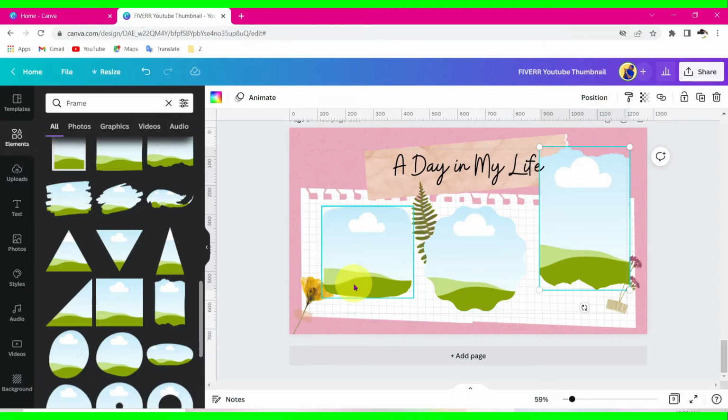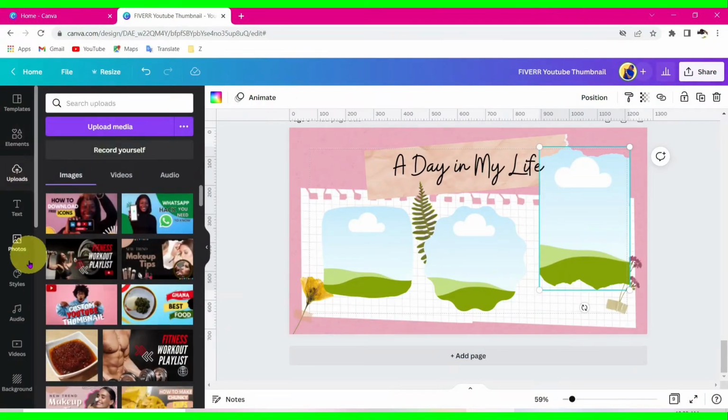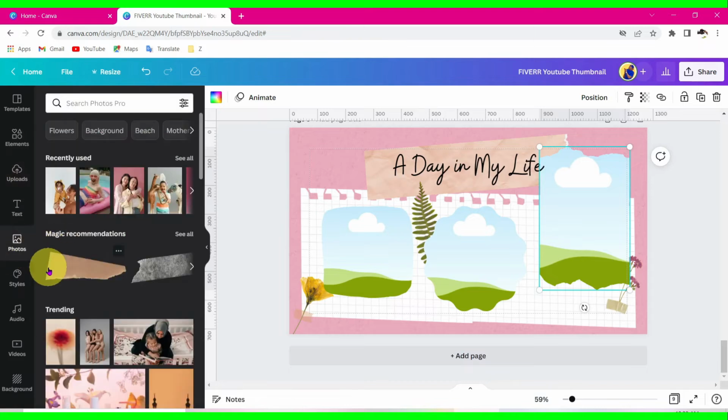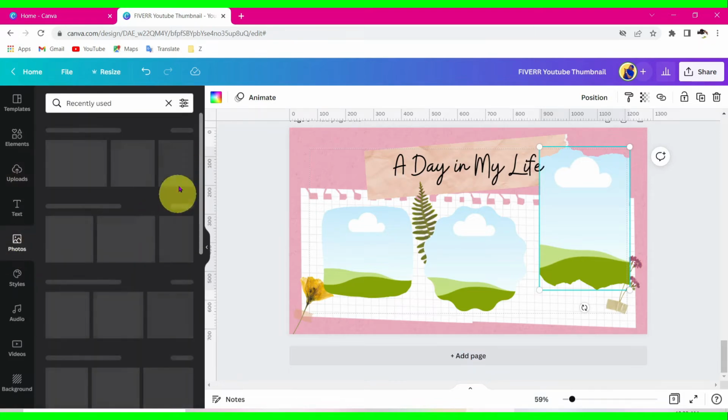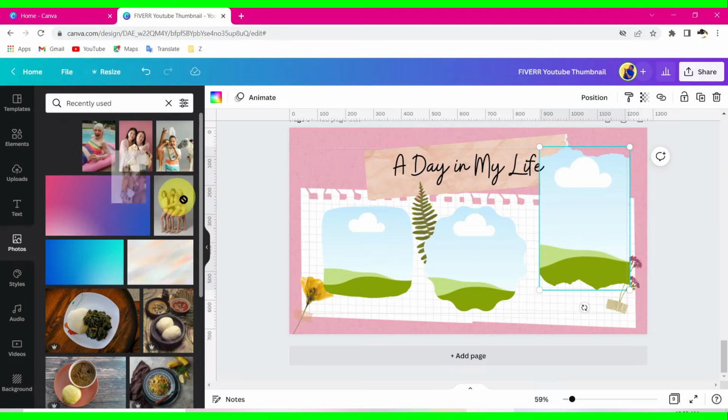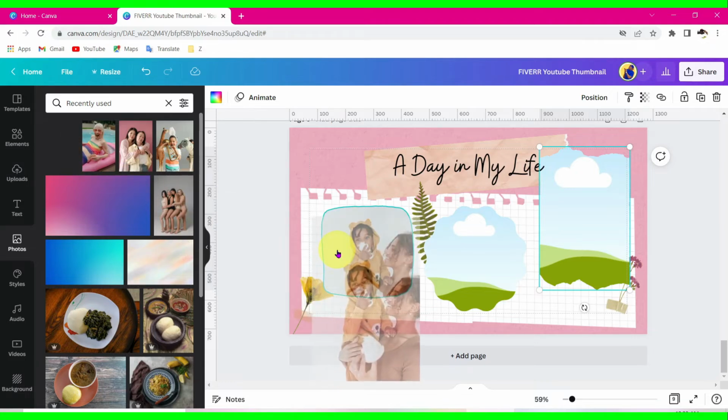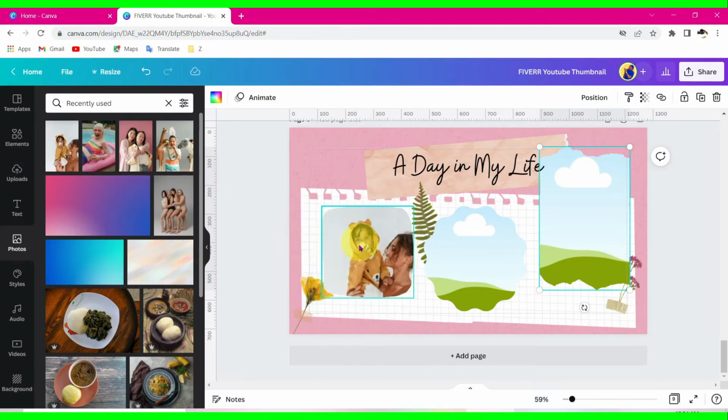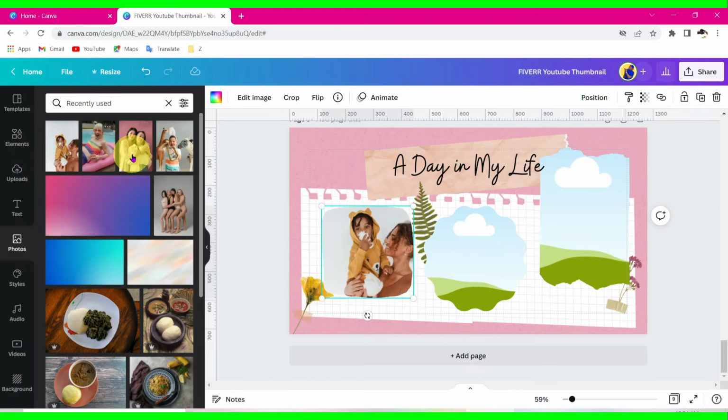After selecting my frame, I'm going to add my photos to this frame. So I'll go to upload, or I'll select photos and use stock footages. So I think I have some photos over here. I will select this photo and drag it to the frame so you can see it's inside, and select this one